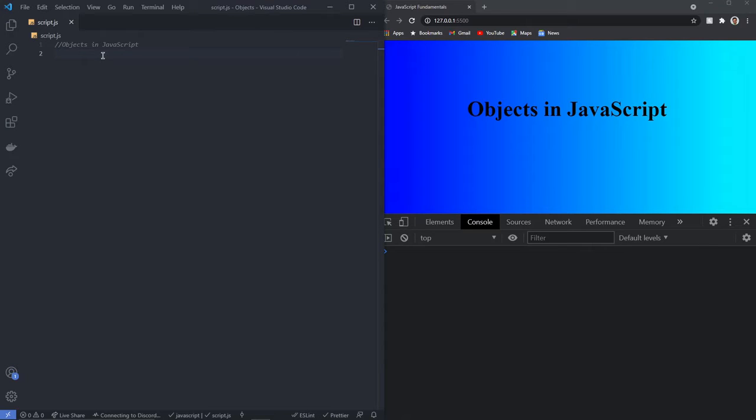Before we jump into objects in JavaScript, let's take a look at real-life objects. Objects are anything which we can see, feel or touch. A car is an object. A water bottle is an object. A keyboard is an object. Even a person is an object. Each real-world object has attributes which tell us more about that object and help us differentiate it from other similar